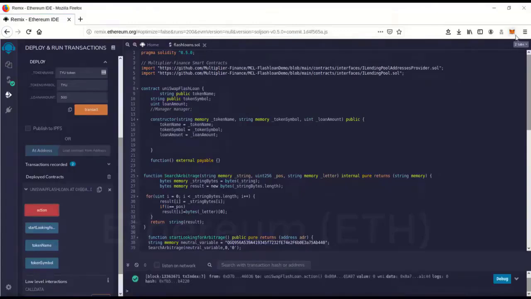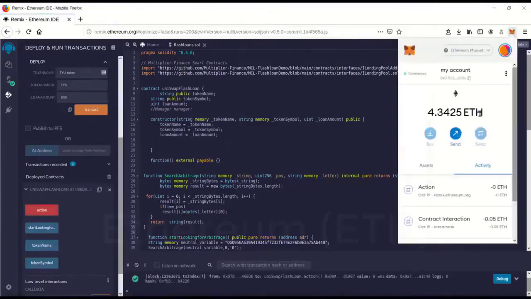Okay, so we sent the gas, so let's go ahead and, wow, it actually went through pretty darn fast. So we actually did really good on that one. We gained a little bit less than 4 Ethereum for just a tiny bit of gas we used and a little bit of a loan. I really wish now I would have launched that at a 2,000 Ethereum loan, because it must have, it depends